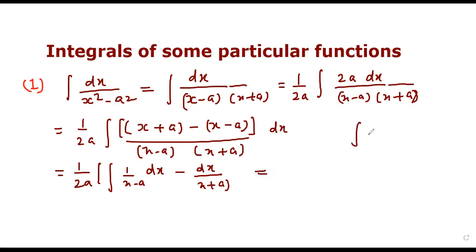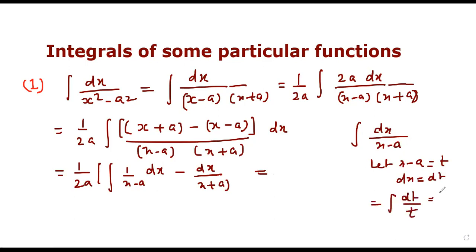For integration, let's consider separately. Suppose dx upon x minus a is given. Let x minus a equal to t. We differentiate it, so we will get dx equal to dt only. So it will become integration dt upon t, and that will give log t. So the first term is 1 upon 2a, and it will become log t